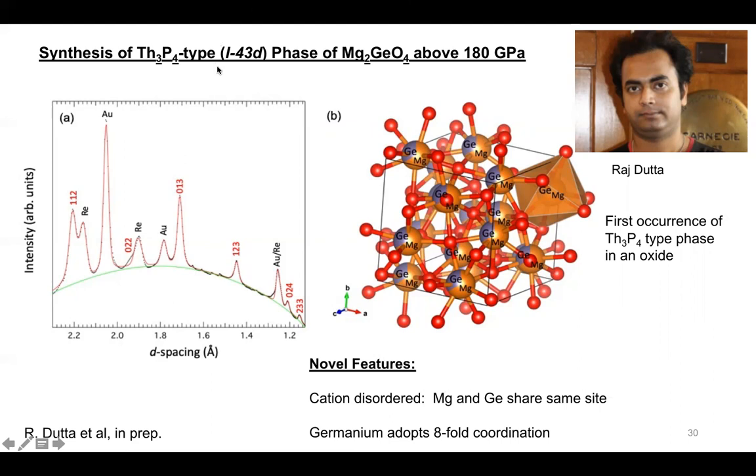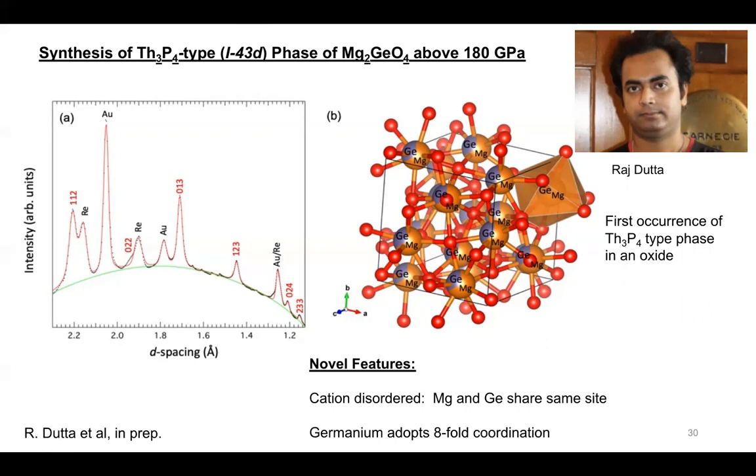And he discovered above 180 GPa a new phase. It's a thorium phosphide phase. It's a cubic structure, and it's a body-centered cubic lattice. And this shows an example of one of his diffraction patterns, some 5 or so nice clear peaks of the new phase. I'll leave it to Raj to discuss details of this in his presentation later, and just mention a few points